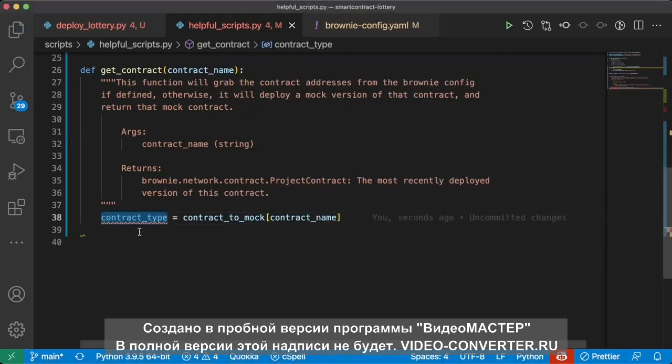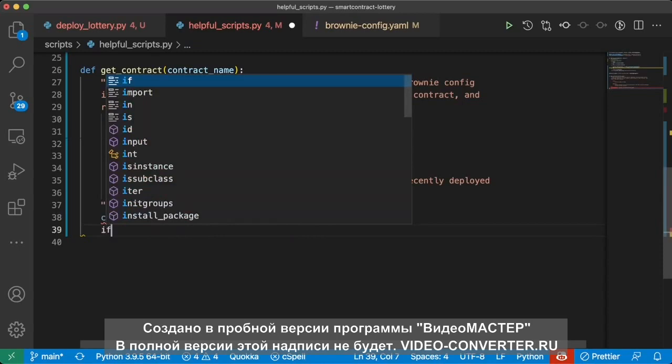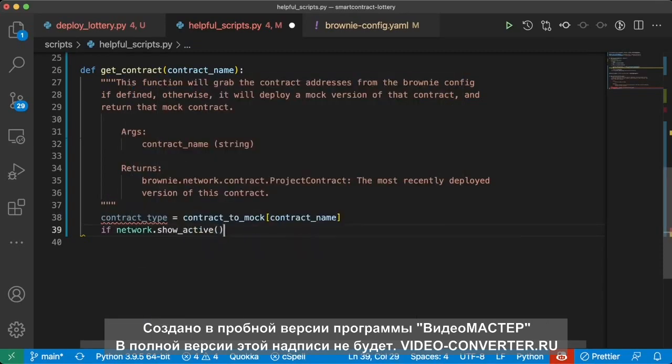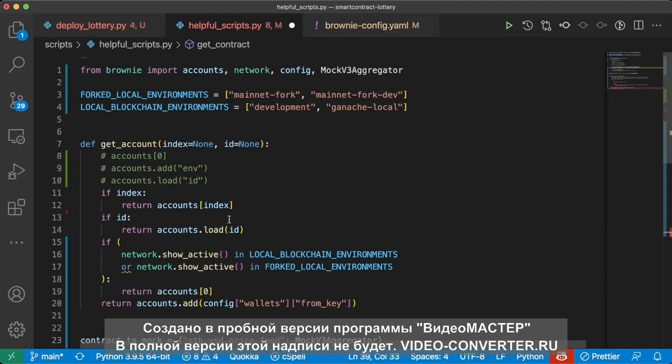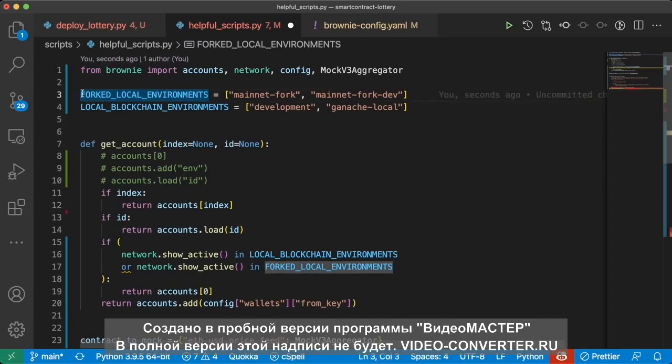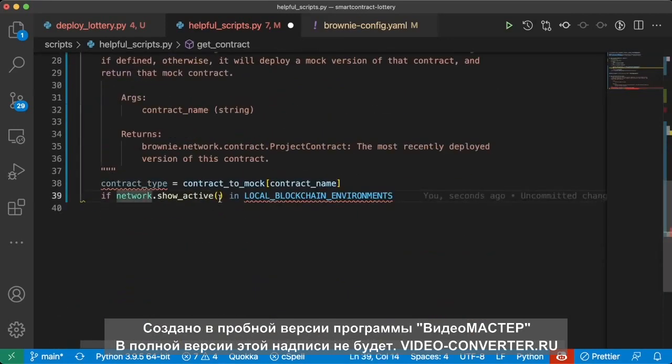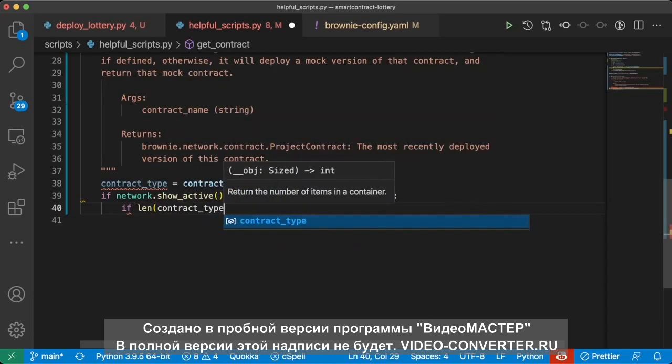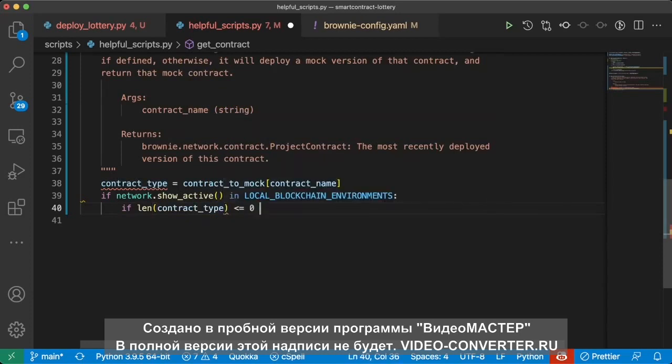Now we need to check, okay, do we actually even need to deploy a mock? So sure, let's check if we're on a local blockchain. So we'll say if network.show_active is in our local blockchain environments. And we'll skip the forked local environments because, again, we don't need to deploy a mock price feed address on a forked local environment. Then we'll check to see if one of these contracts has already been deployed. We'll say if the length of contract_type is less than or equal to 0, then we're going to go